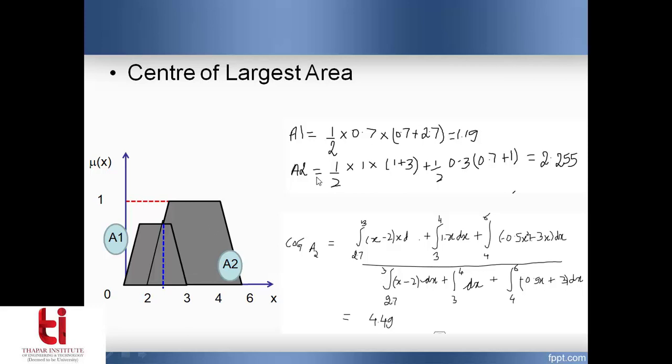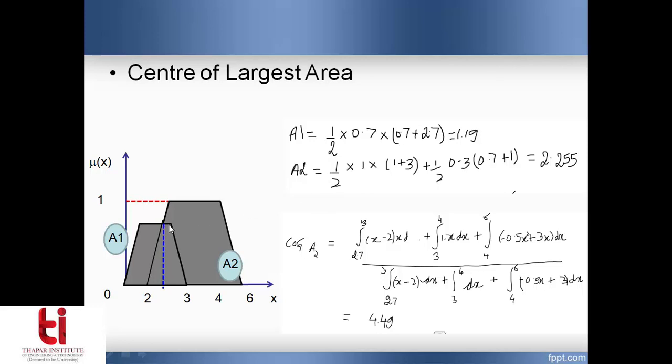So it is 1 into, this is between what? 2.7. If you remember, this is the value of the x1. So it is 2.7 we had already calculated. So I simply apply the formula for finding the area of a trapezoid, and it comes out to be 1.19. So 0.7 is the height of that. Okay, trapezoid. This is base 1 and the other is base 2. Base 2 is 2.7, base 1 is between 1 and 0.7, which comes out to be 0.7. Okay.